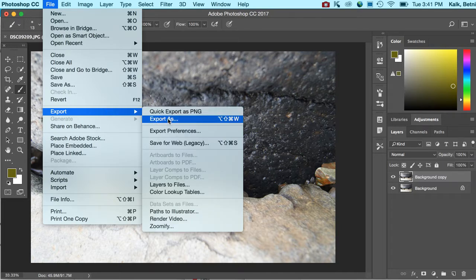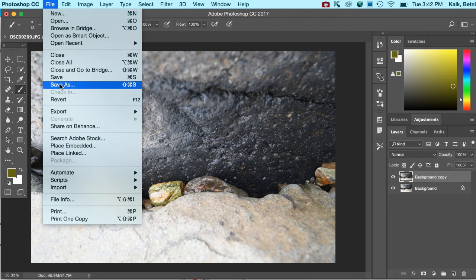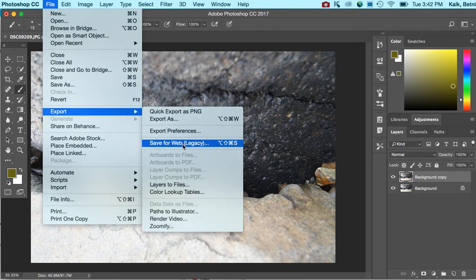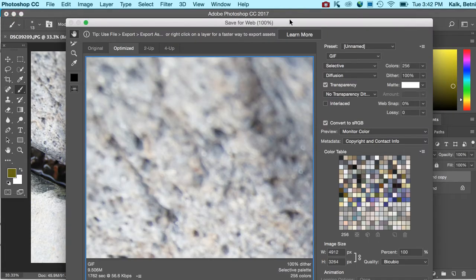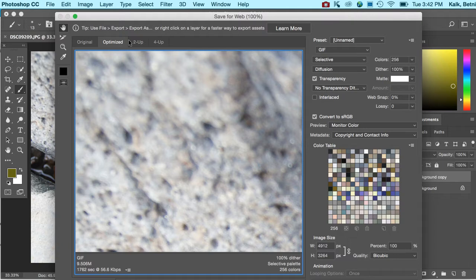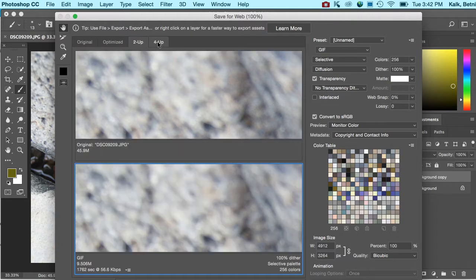My preference as we go through this is that you use the Save for Web, which is a legacy format. That means anything prior to the CCs, the Photoshop Creative Cloud versions. So if you indeed are using an earlier version, you might see this right next to the Save As button instead of under Export. But what it does is it shows you more of the ways that you can save a file, which is desirable. What I'm going to do here is go to the 2-up or the 4-up,